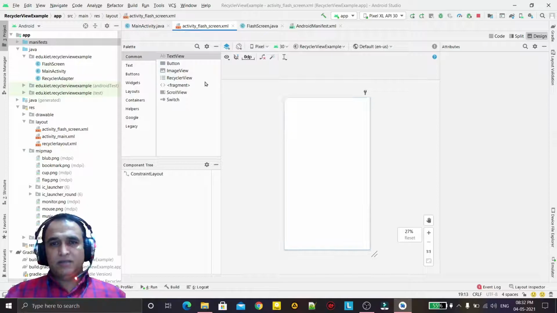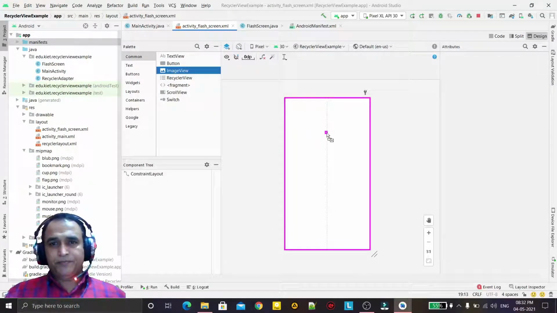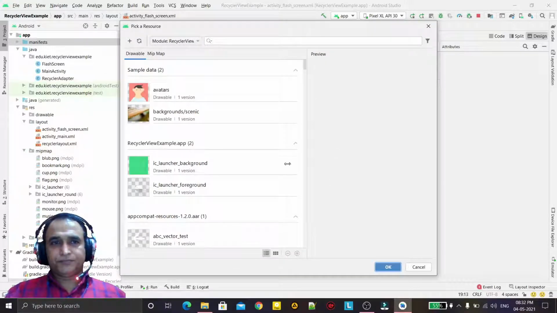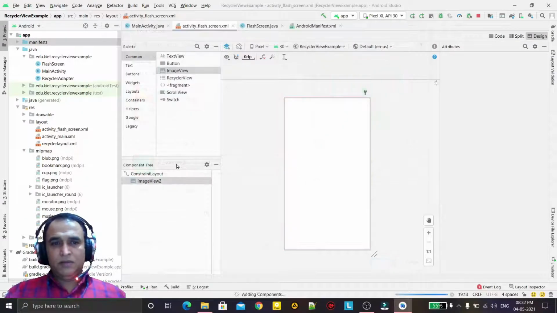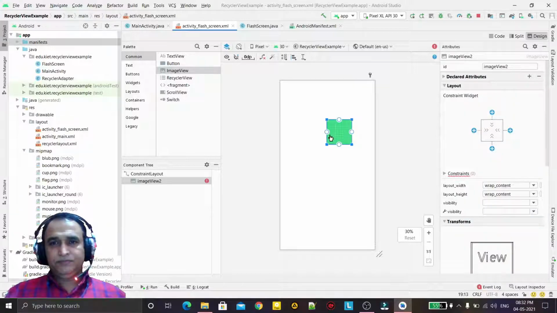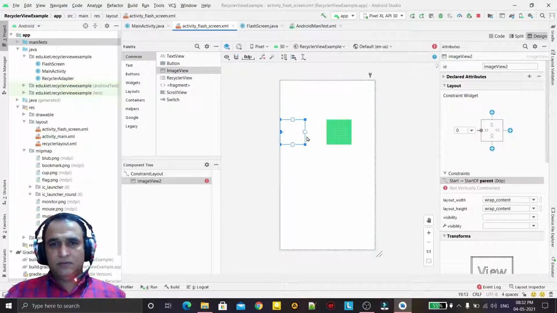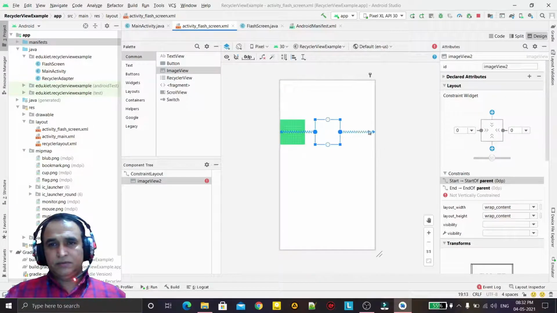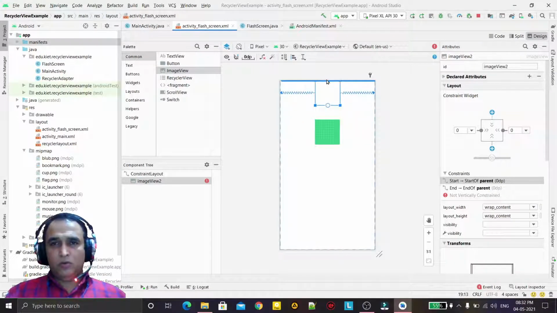Now here I just design it. I put here one image like this. I can put any image here. Whatever image you want you can add, just like your app logo or your company name.